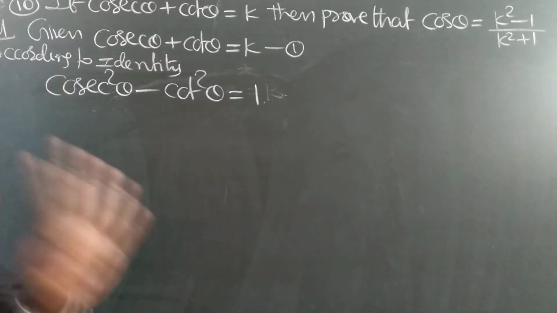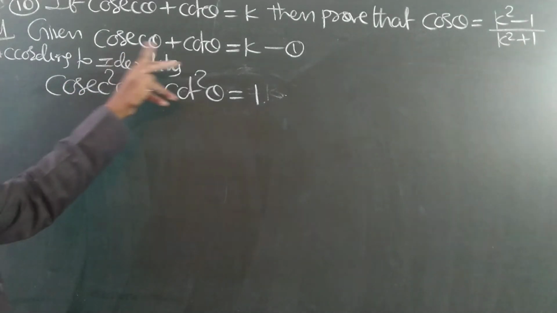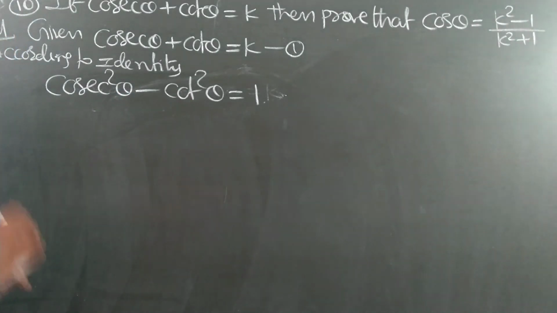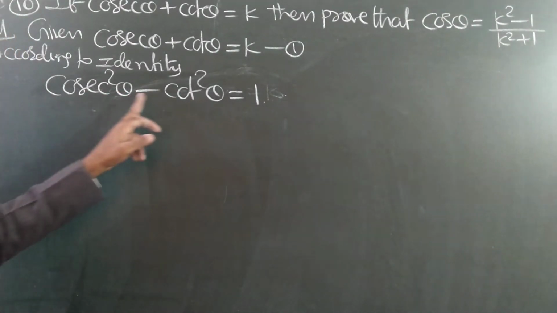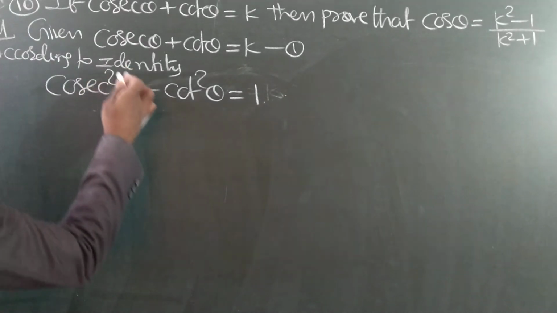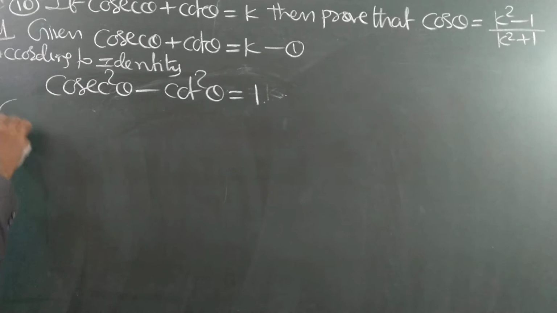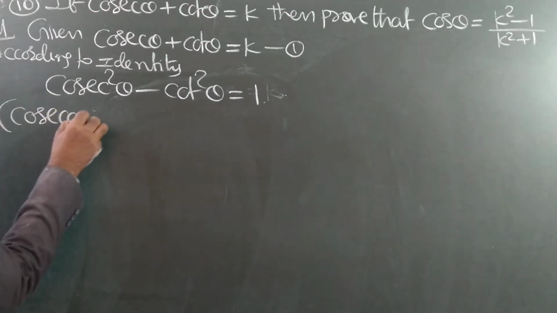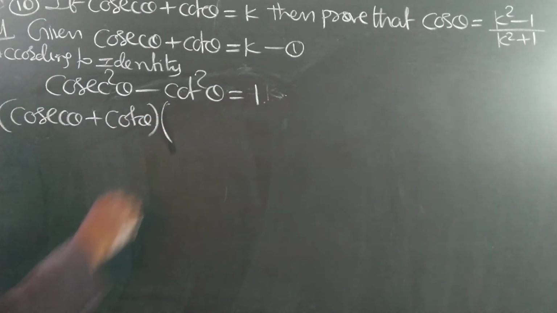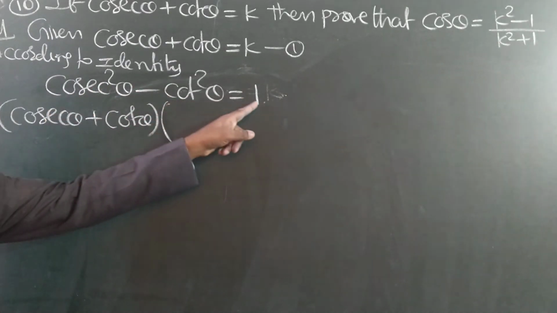Like that we will get 4 equations. I am preparing 4 equations. That is given, I am naming it as 1. Now for the second, what steps I am writing, you just see. Cosecant square minus cot square is equal to 1. This is the formula. A square minus b square is a plus b into a minus b.